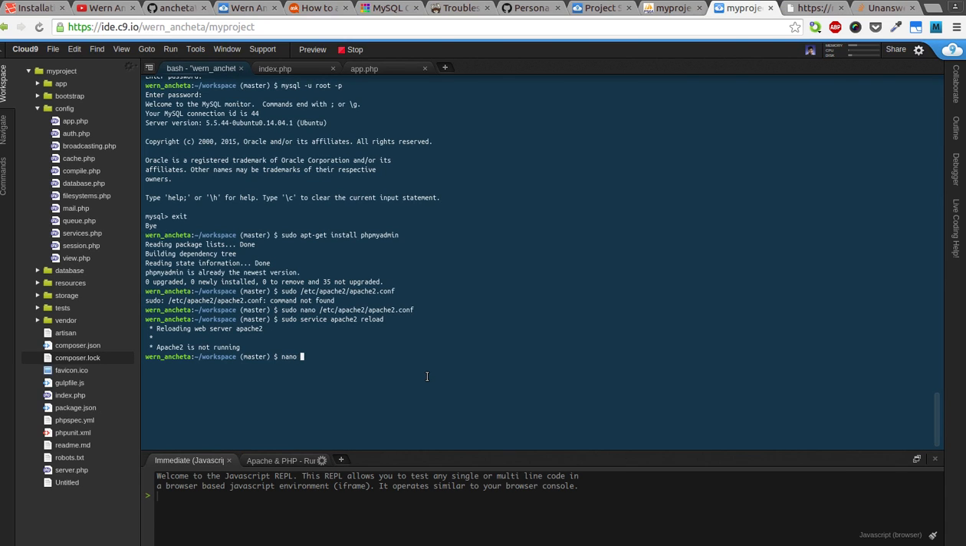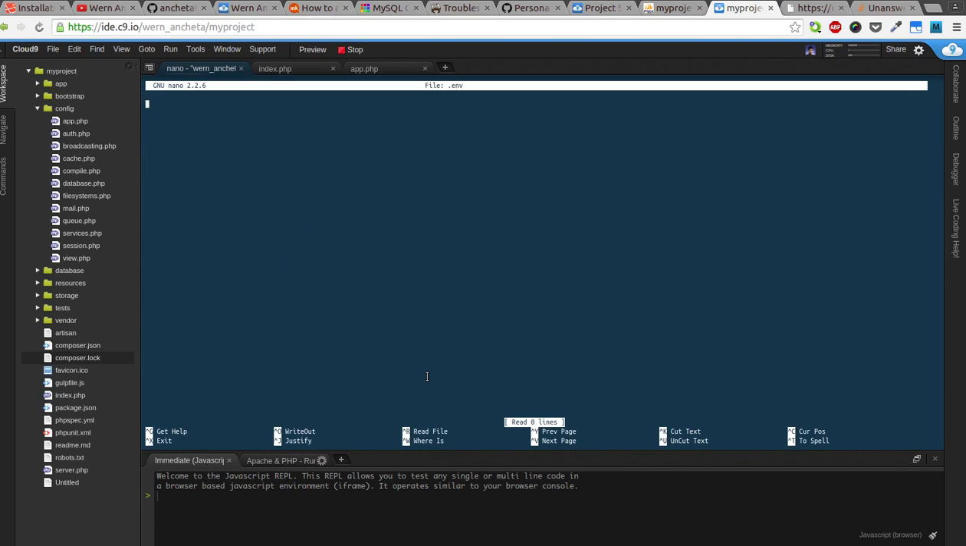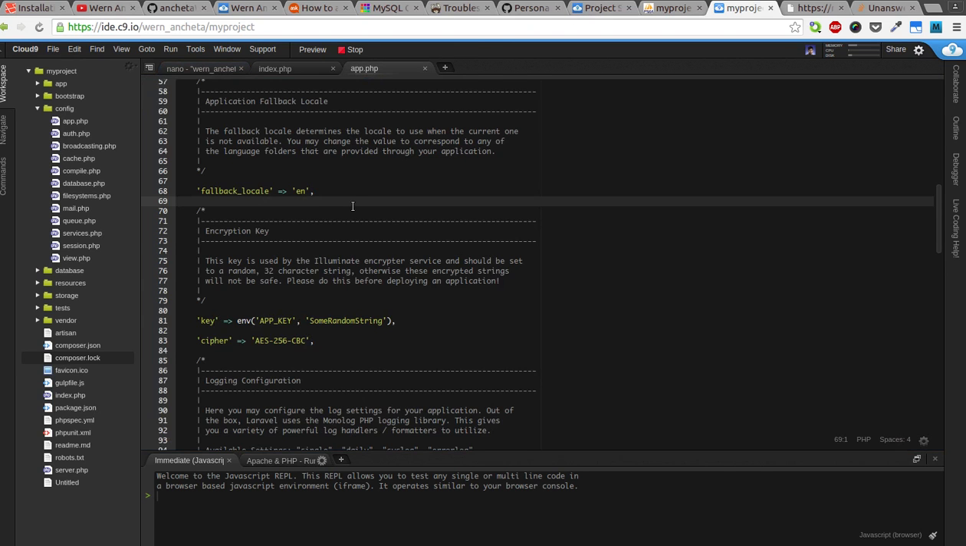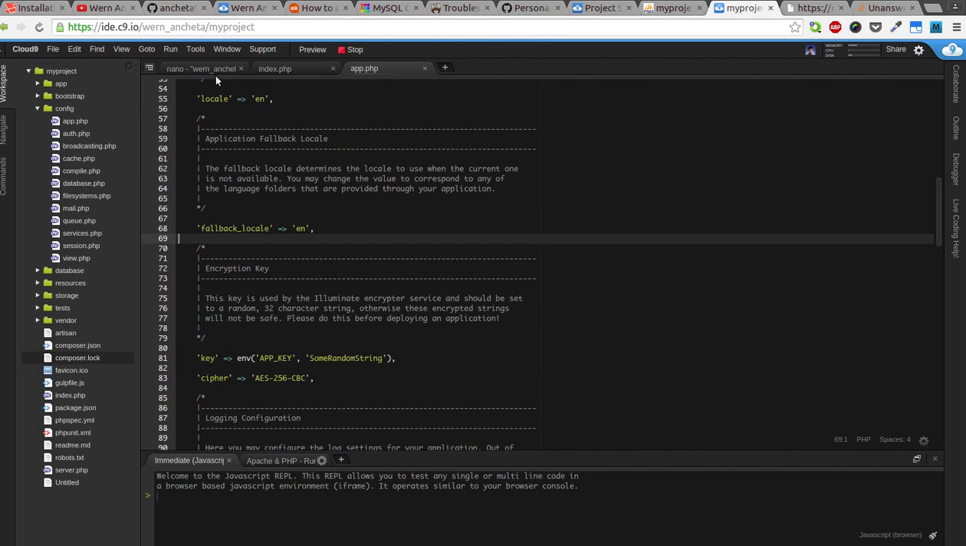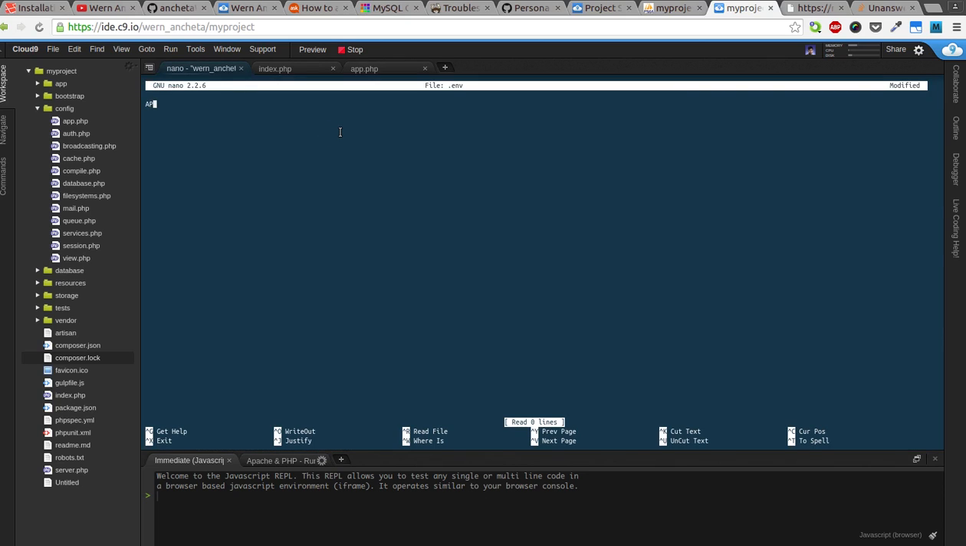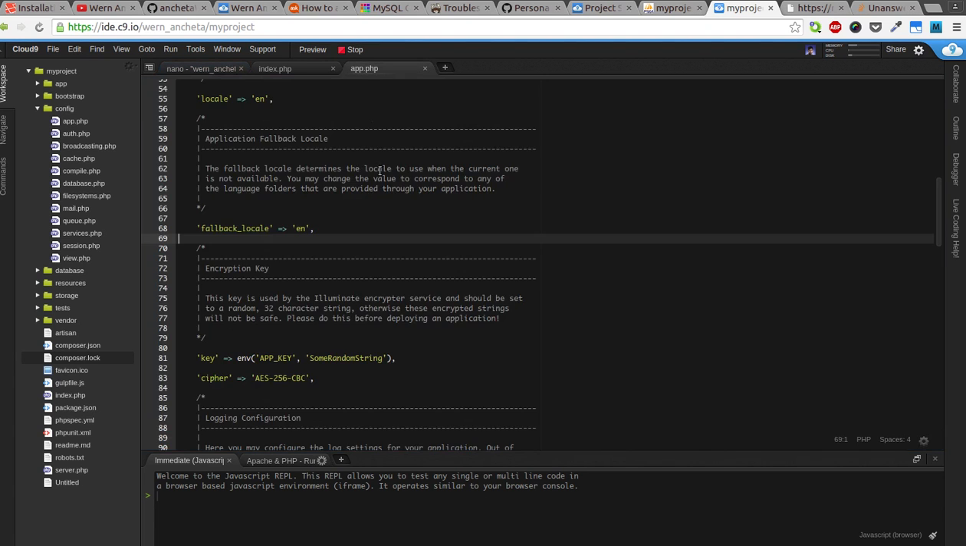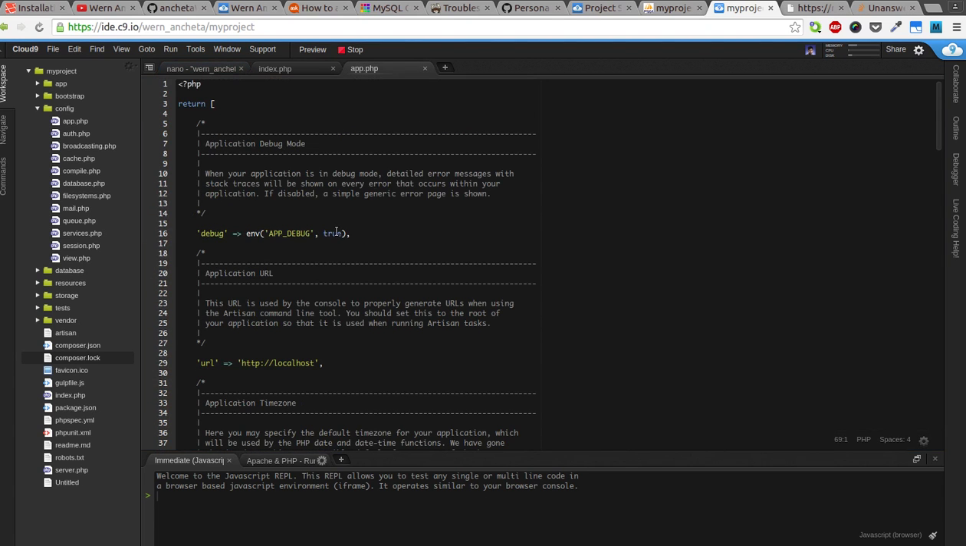So nano .env. So now we can set the app debug. Let's set it to true, then we can actually change it back here to false,